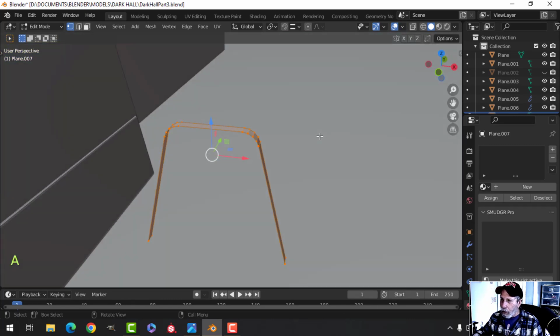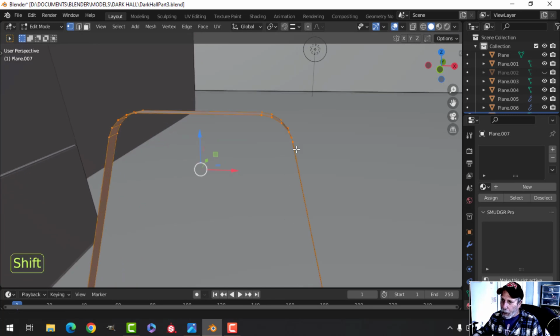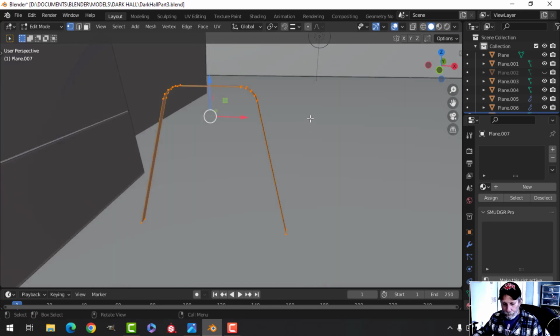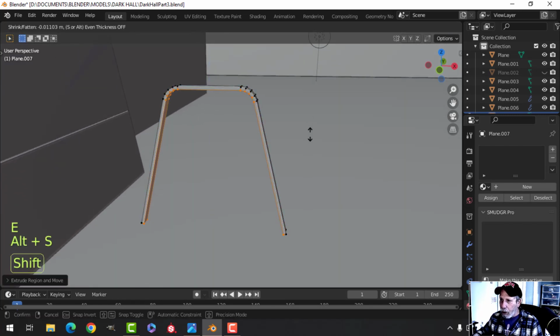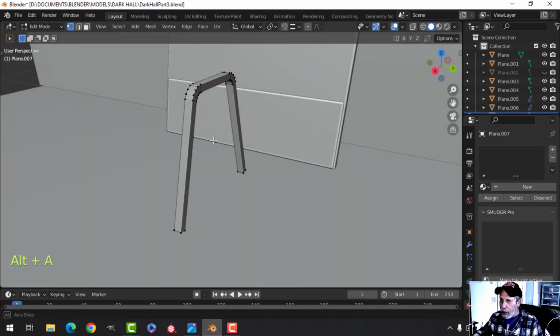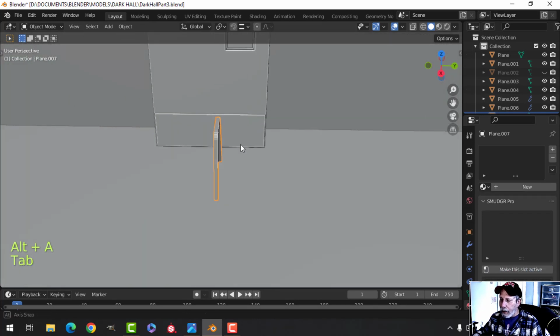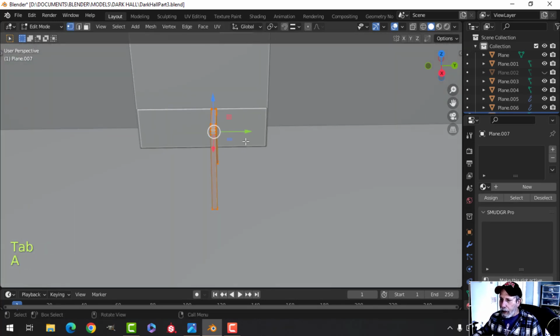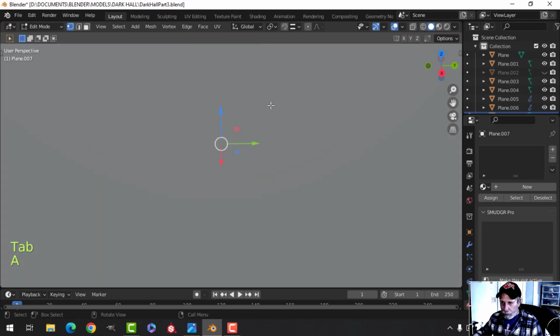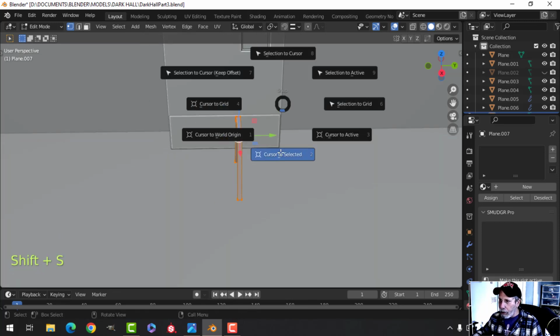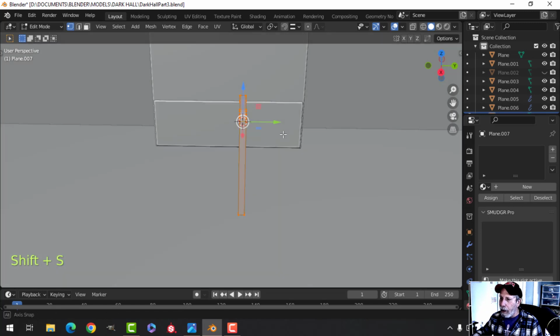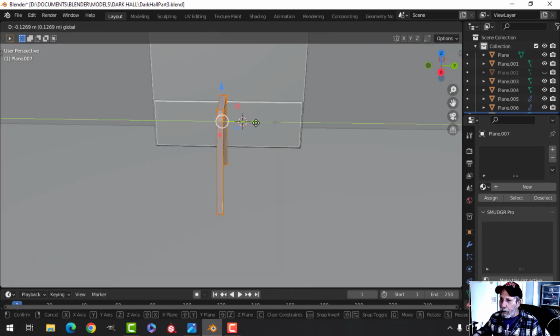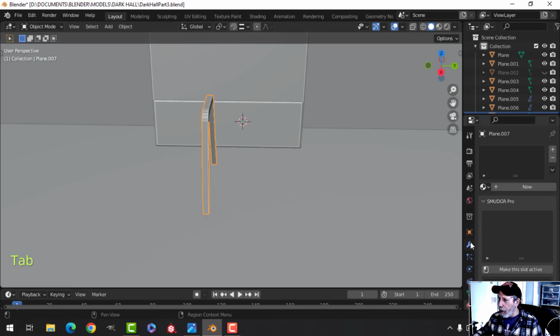Let's go back to this here. So I'm going to select this. I'm going to give it some thickness by pressing E and Alt S, and pull to come inwards to give that some thickness like that. And that's not bad. And I'm going to come in and Shift S, cursor to select it. So I brought my 3D cursor right there. Watch what I'm going to do. I'm going to pull this out now. The 3D cursor stays there so that I can just mirror this